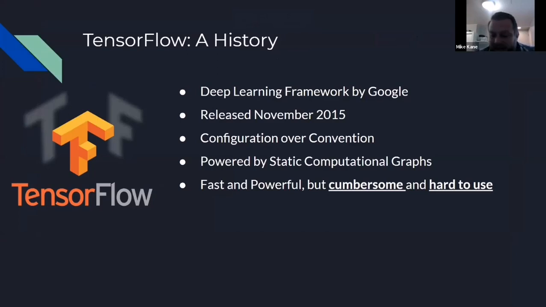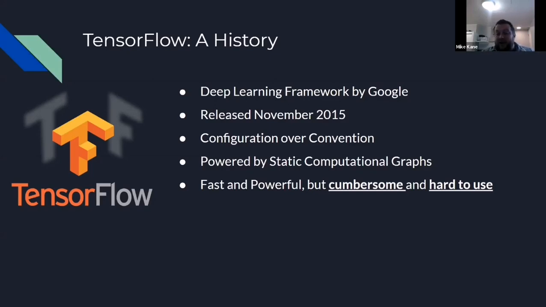The way it worked is you would create these static computational graphs, which would literally be every mathematical operation that you need to use, and the data would flow between these operations. Now, there are a lot of operations that happen inside a neural network. So building a static computational graph of a bunch of vector calculus and linear algebra is kind of hard. It was kind of limiting. So it was really challenging in the beginning.